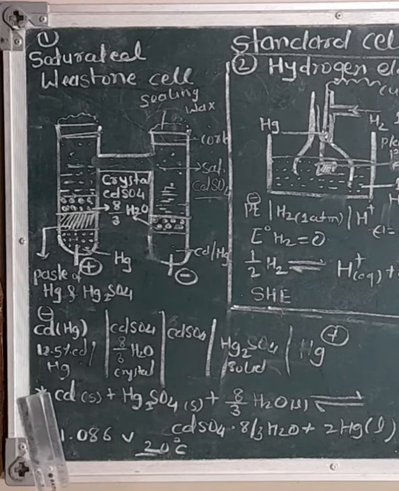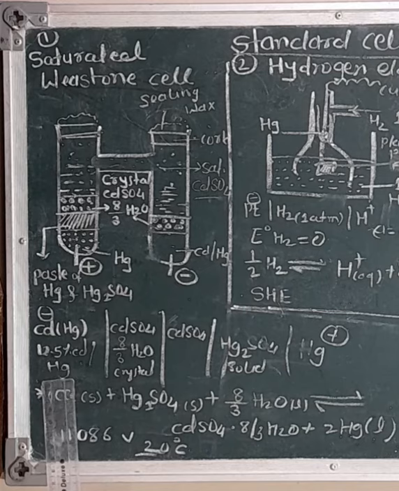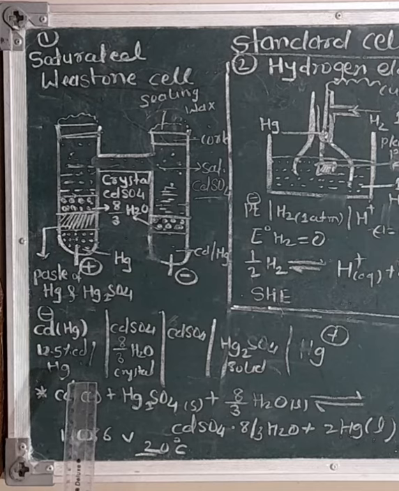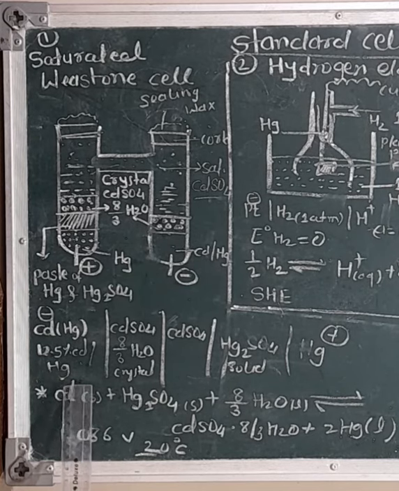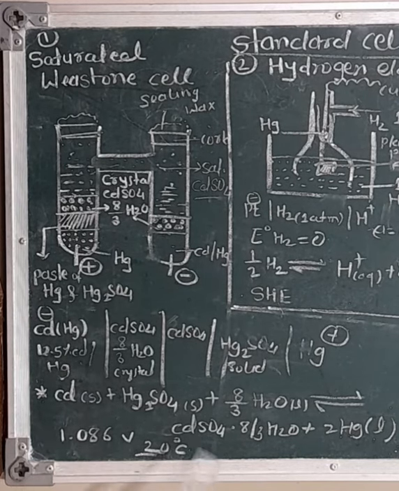So friends, this cell should have a well-known reproducible potential constant with time. Then it should show characteristics of reversibility of the cell. It should not be damaged due to passage of current through it. It is necessary to have a low temperature coefficient of EMF. The EMF should not vary much with temperature. These are some characteristics of the Weston cell, and they are applicable to this one. Now, Weston saturated and unsaturated standard cells satisfy most of the above requirements.